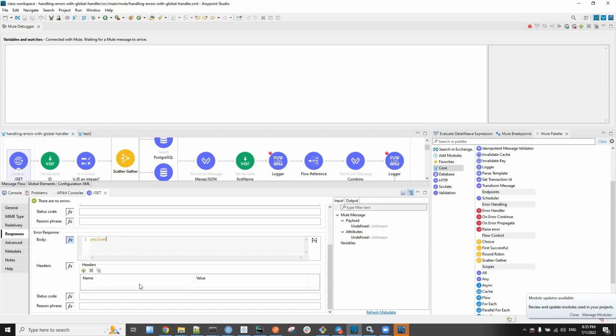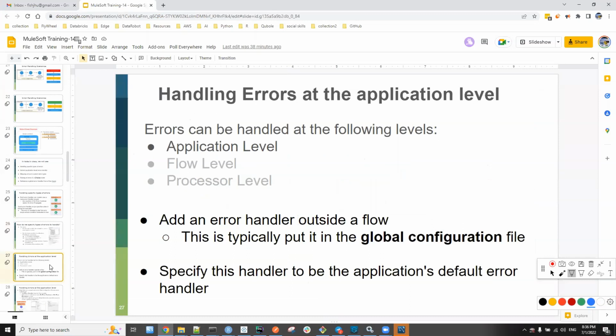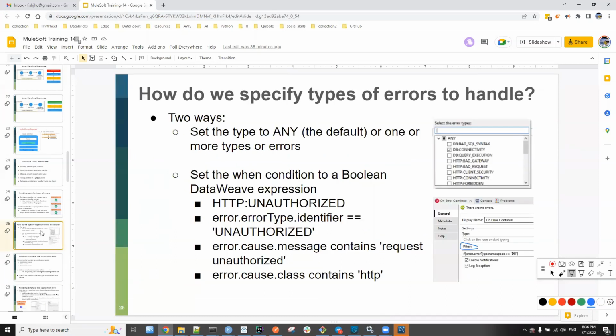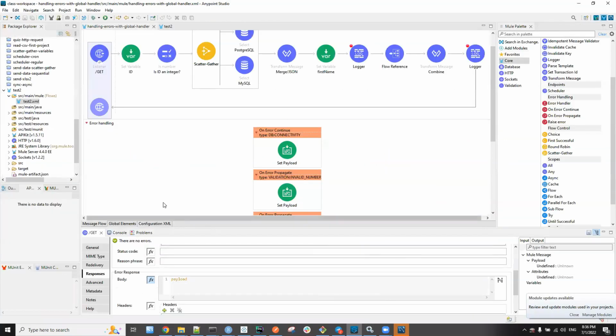So this is how we handle specific types of errors using the first approach we saw. The second one is we can just specify in here.